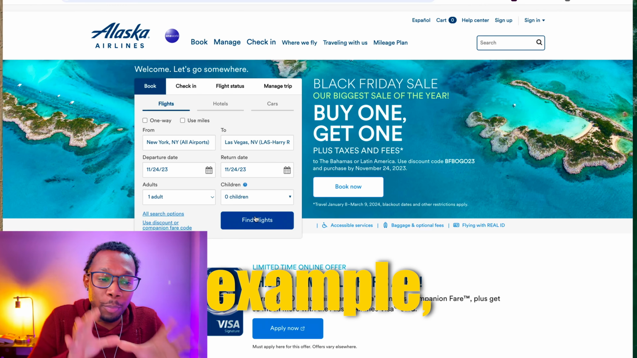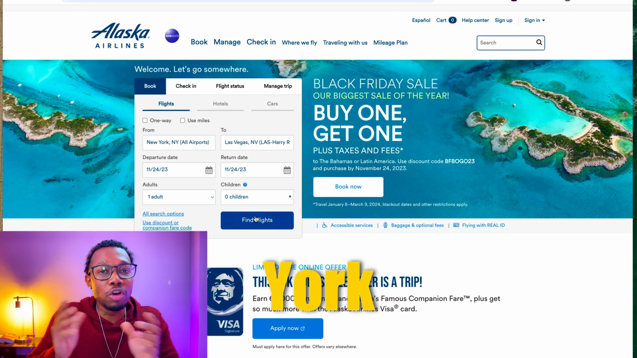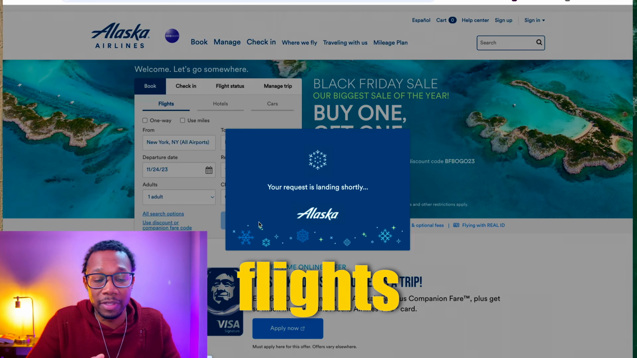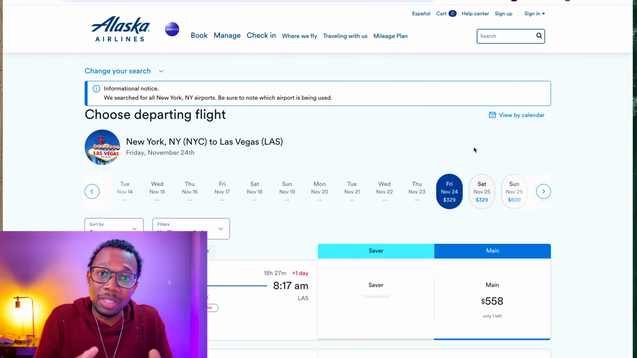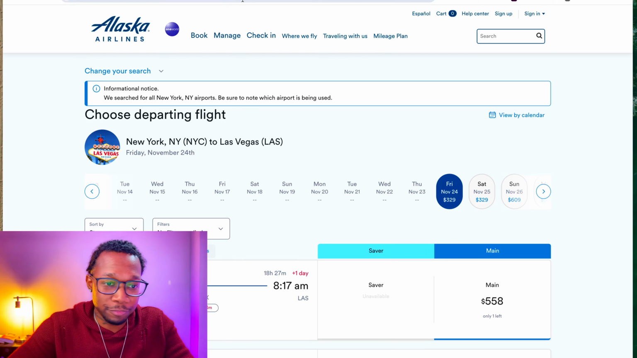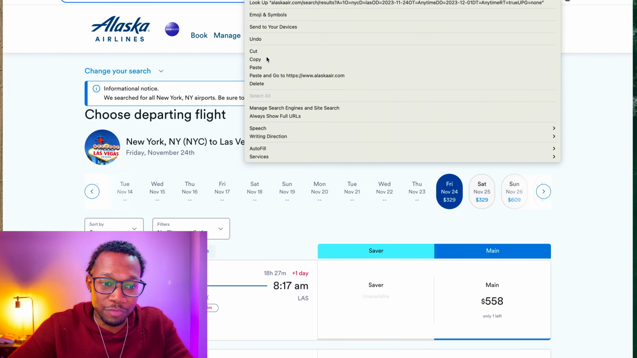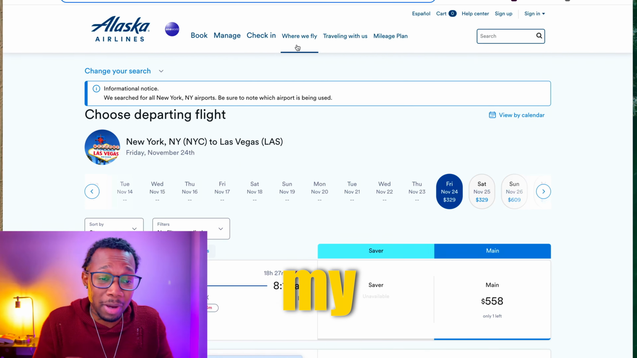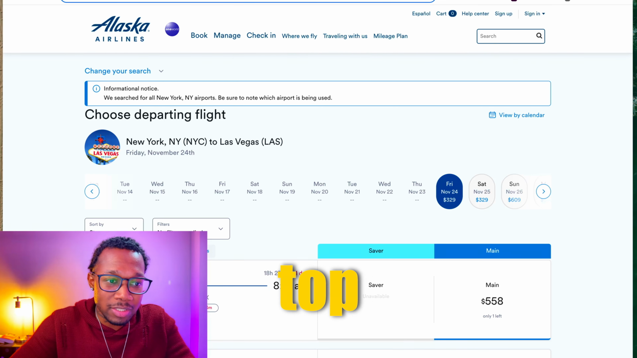So for this example, I'm just going to put in from New York to Las Vegas, and I'm gonna press find flights. Now, once I put that in, it took me to this page right here. And here's what I can do. If I'm an affiliate, I can take the link from this page, and I can, for example, grab this very top link. If I was an affiliate, I'd be getting my affiliate link, but I'm gonna take this very top link right here,